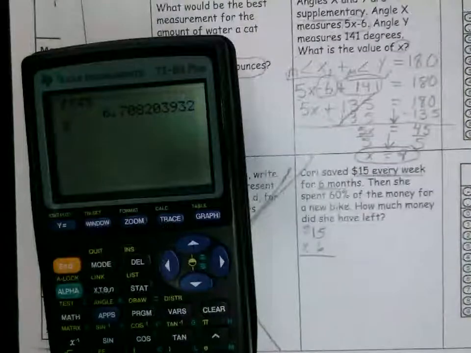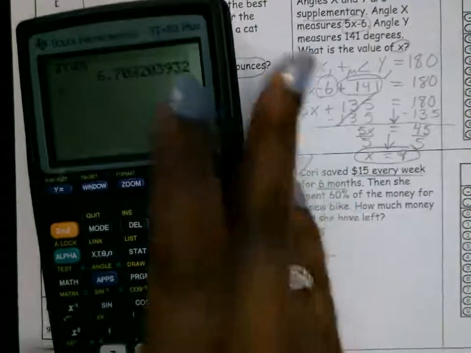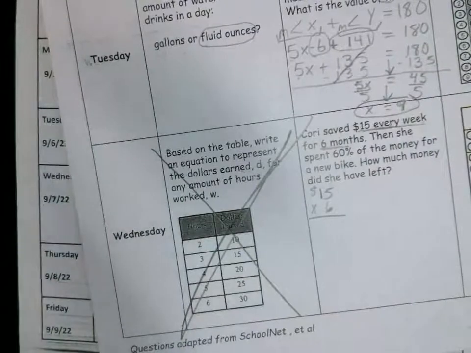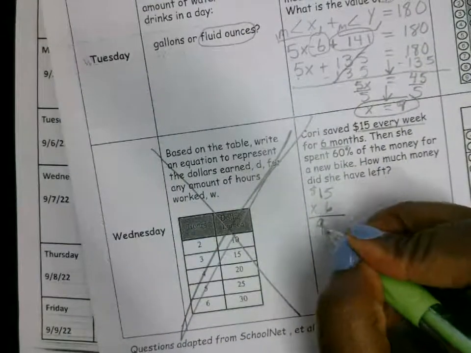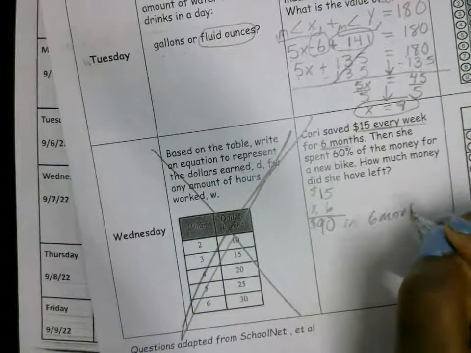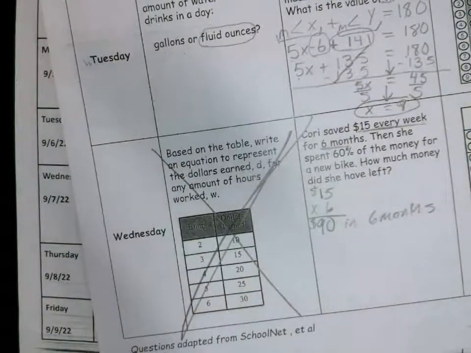Let's do 15 times 6. So we got 15 times 6. What does that give you? 90. So it's $90 in 6 months, okay? Okay, they spent 60% of that. So you have to find 60%